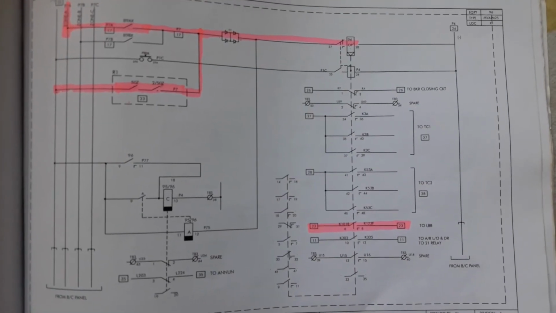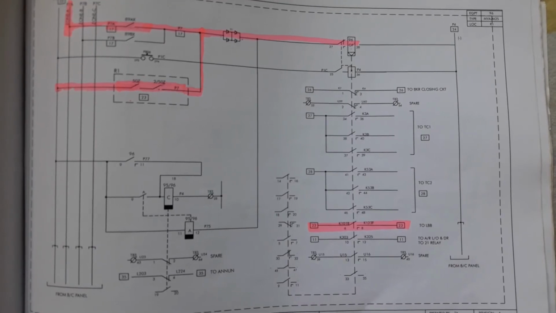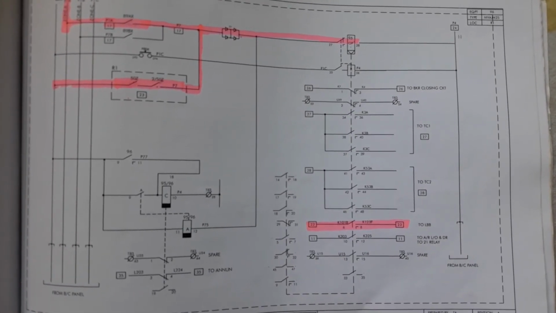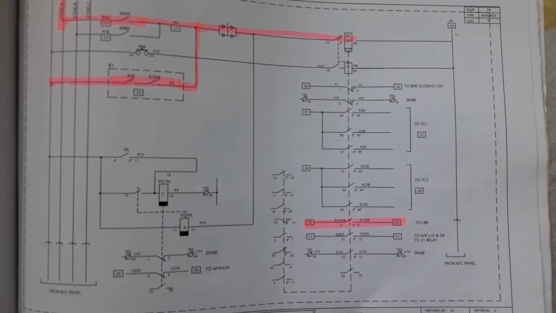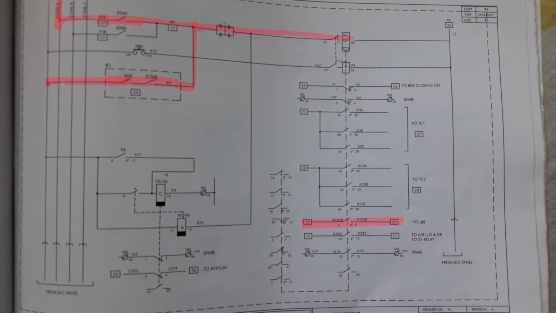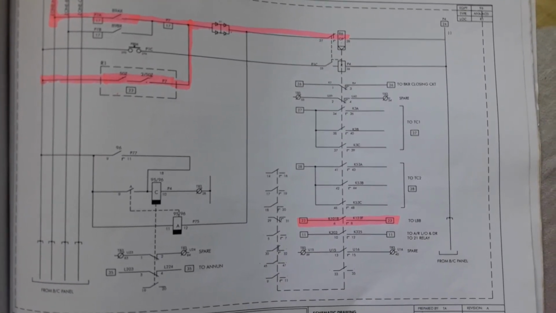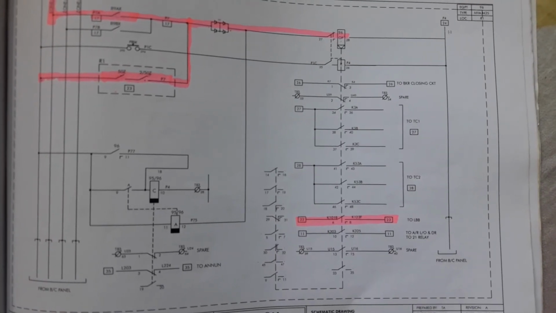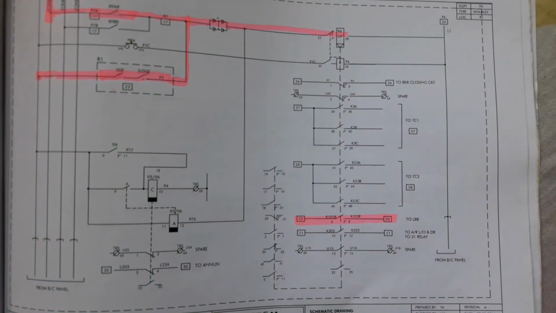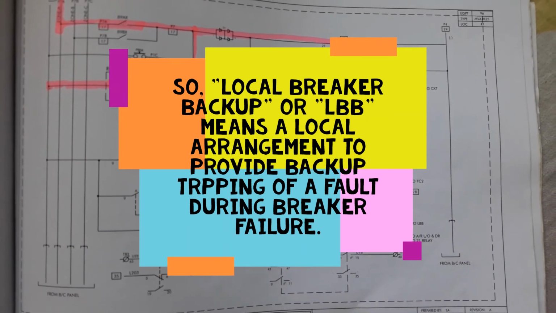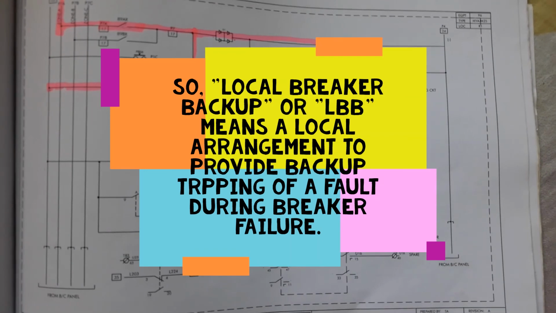So the conclusion is that if a circuit breaker fails to clear a fault, then the bus with which the failed CB is connected will become de-energized by operation of all other circuit breakers connected to that bus. This is why it is also called LBB back trip protection, or a protection which trips backside or upside circuit breakers to clear the fault ultimately.